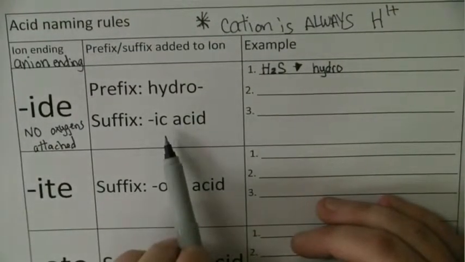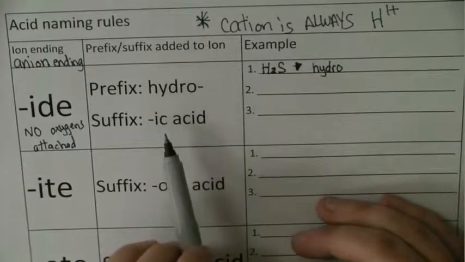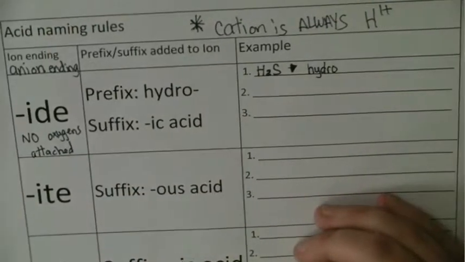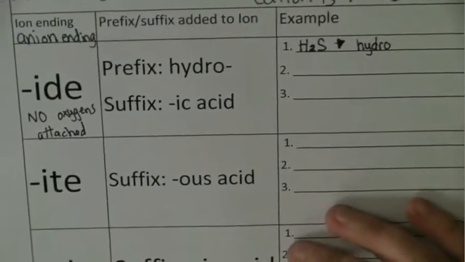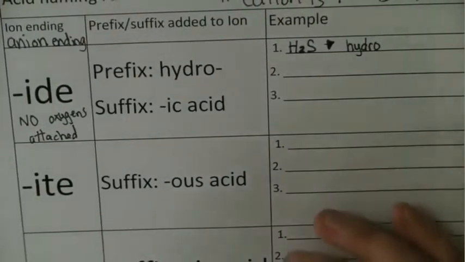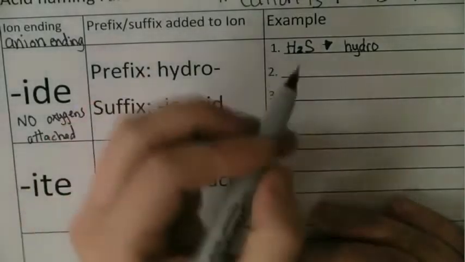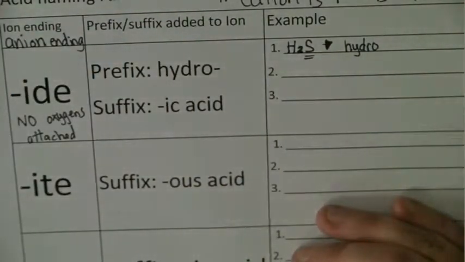And then it says the suffix "ic," but obviously with a prefix and a suffix, we need a base, right? We need a base word, not like a base in chemistry, but a base word like in grammar. So the way that we decide the base word is the anion. In this case, that's sulfur or sulfide. So our base is going to be